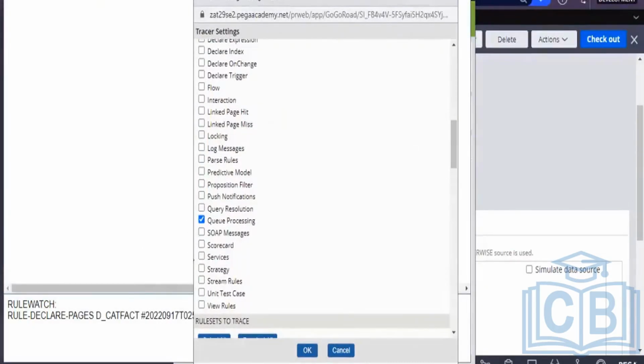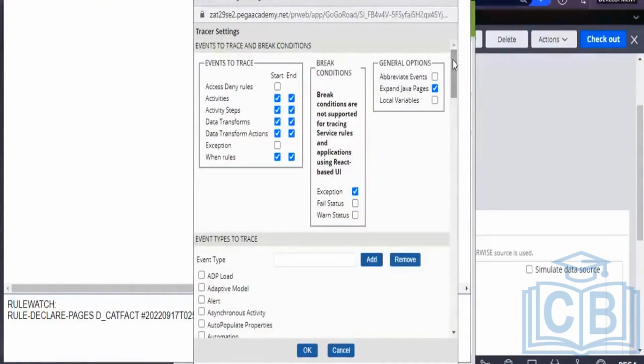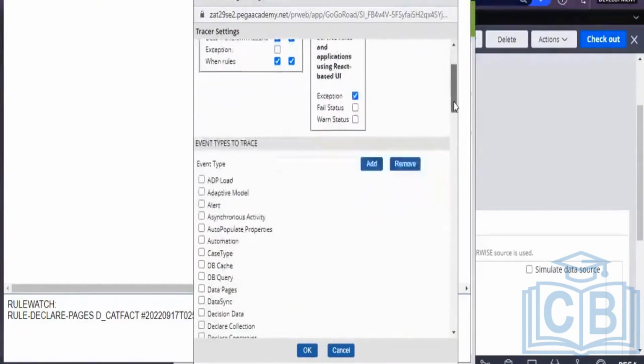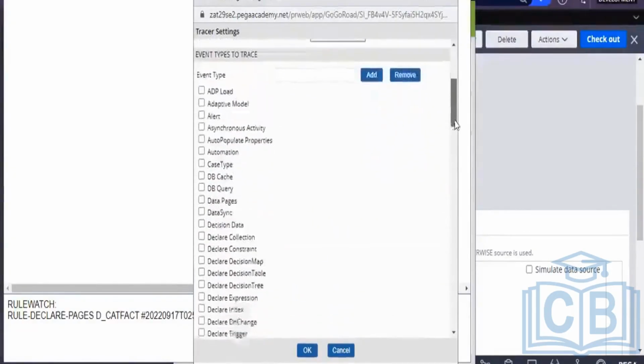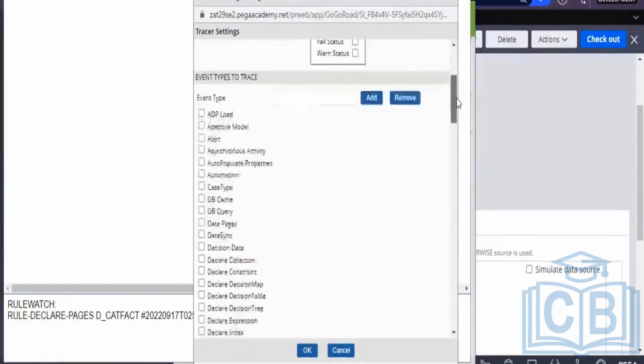You select that services checkbox. You can remove the queue processing. Queue processing is not required. And then go to the top. Now come down. Those are all things you always keep. Don't remove those things. Come down.